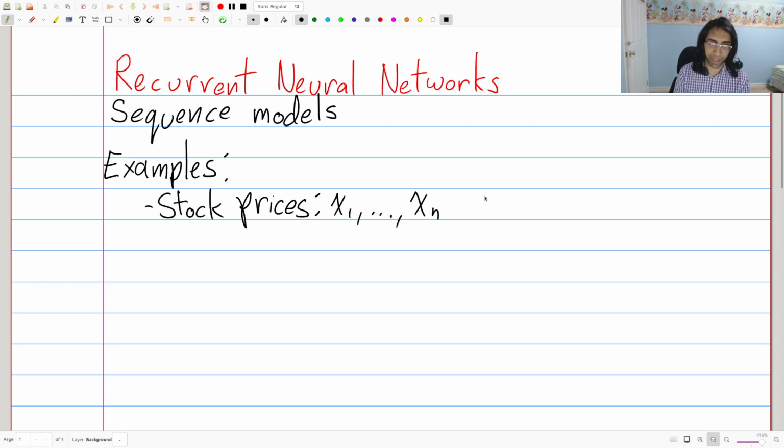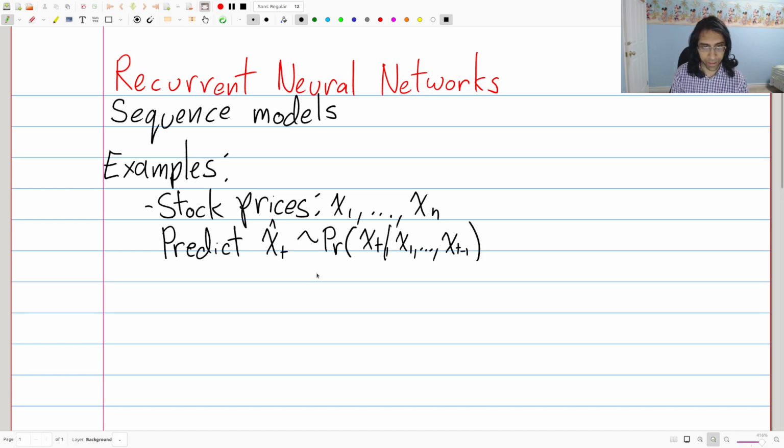So we have these prices, and maybe one goal you'd like to have is to predict stock prices based on previous stock prices. So the type of model you would have here is you want to predict x hat t, which is drawn from a distribution